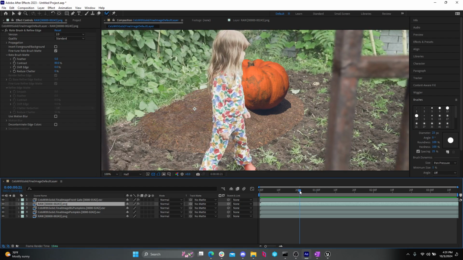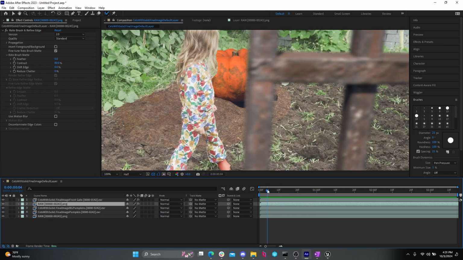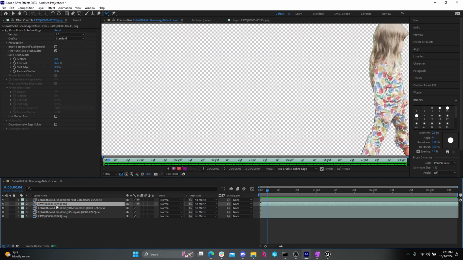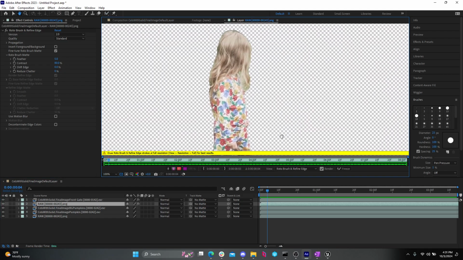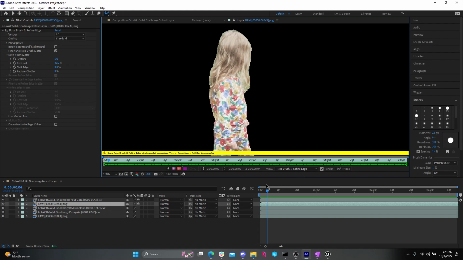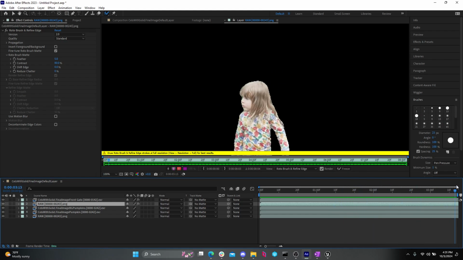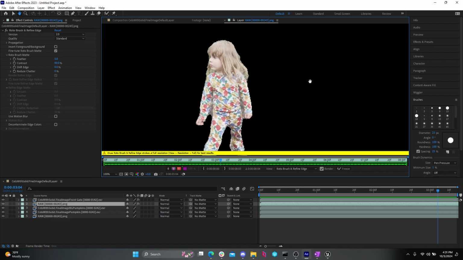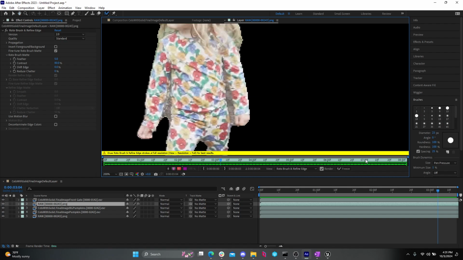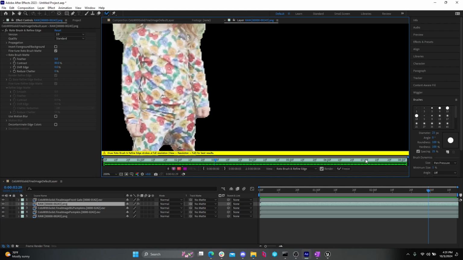So yes, you could go back to the original roto brush and try to edit that. Let's do that, and let's take a look. I'm gonna turn off the pixels there. Let's find out where it becomes a problem. Right there. So could you paint this out? You could, but